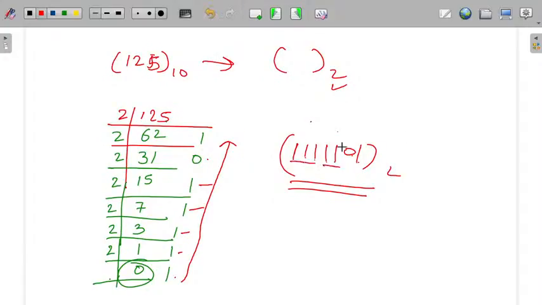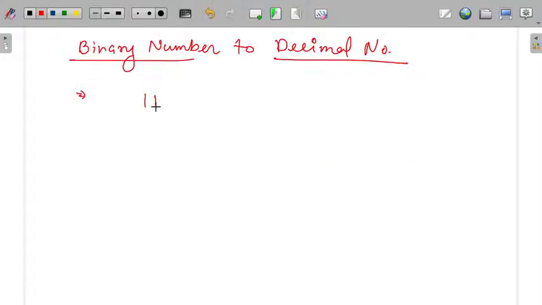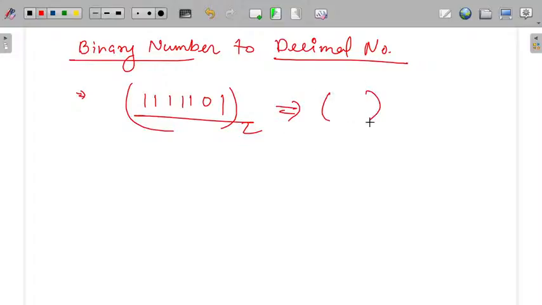3 to 5 times 1 0 1. 1 1 1 1 1 0 1. Okay, this is the binary number and we have to convert this into a decimal number. So into base 10 we have to convert. For conversion, you know very well, I hope most of you have started converting it. So tell me what will be the answer.